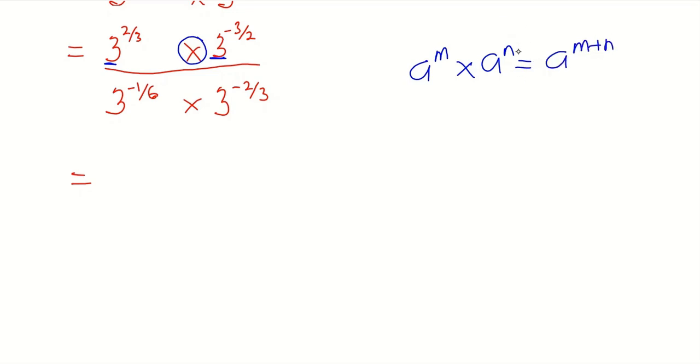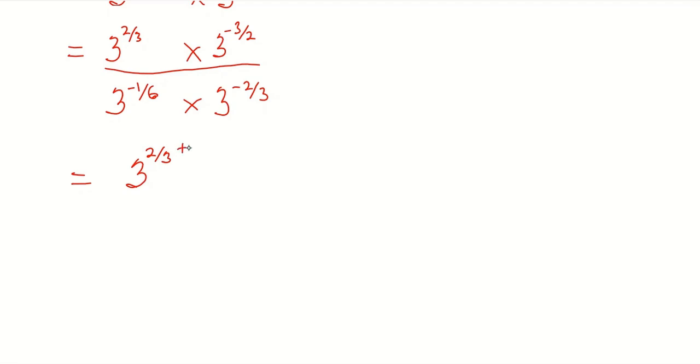So with that idea, we are going to apply that to the numerator. And so we continue, and we have 3 as the base. Then we are going to add the exponents. So we have 2 out of 3, plus minus 3 out of 2,